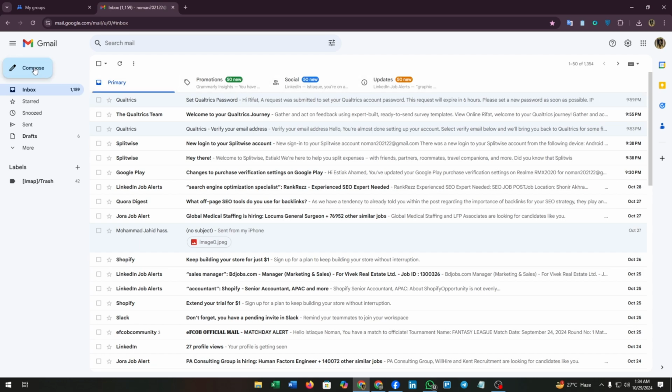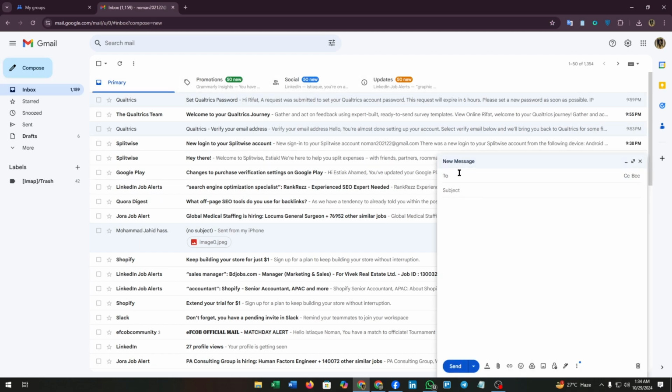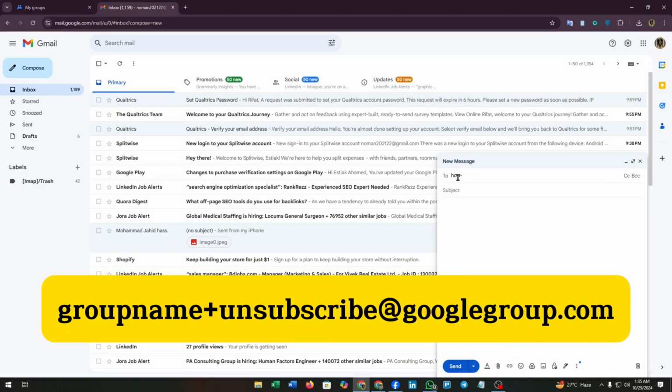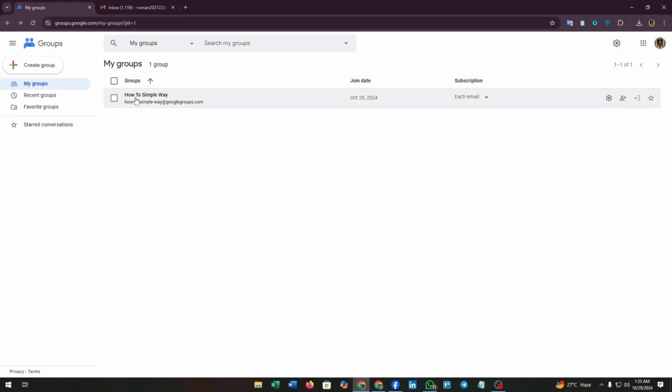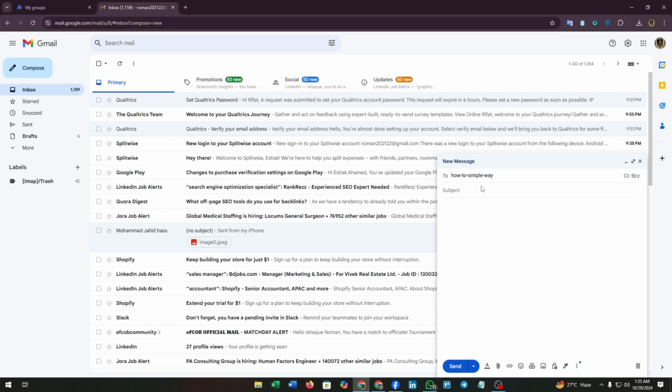From email, first we need to compose an email. In the to section, we have to write the group name plus unsubscribe at the group domain. Just like this, I'm first typing my group name. Also, you can find this email right down your group name. Just remember this format and type this in the to section of your composing email,